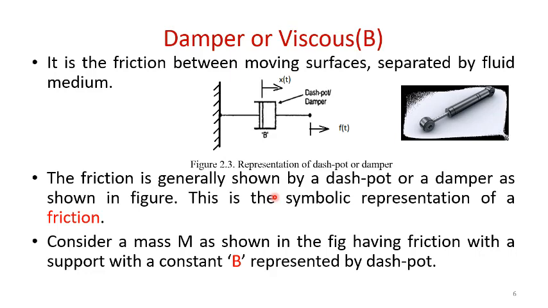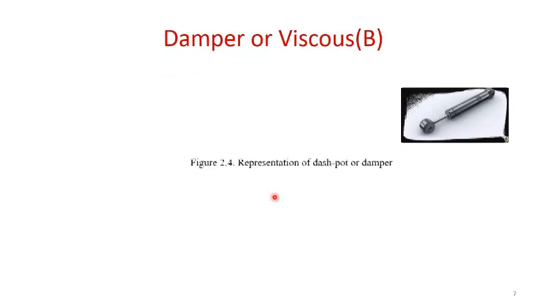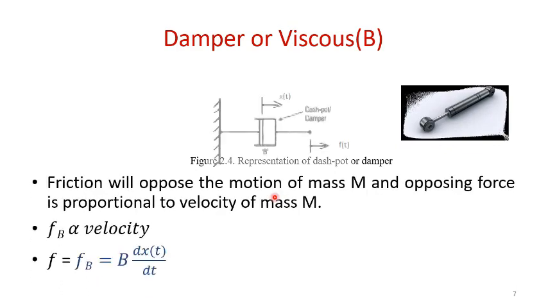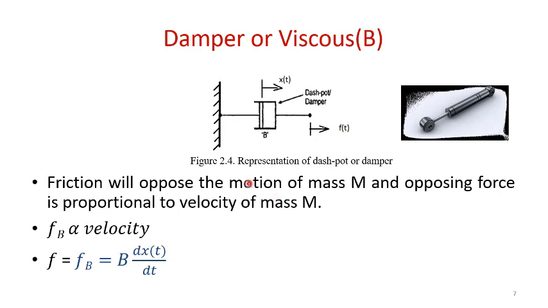Coulomb's friction notation for friction as Coulomb's C. Okay, so to understand further, let's look at the block diagram representation of a dashpot. In the dashpot we can see one end is fixed and the other end is movable. When there is movement, the damper undergoes a displacement. So f of t and the direction of displacement will be in the same direction.